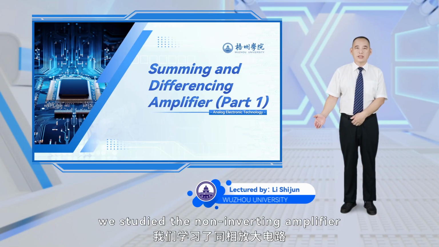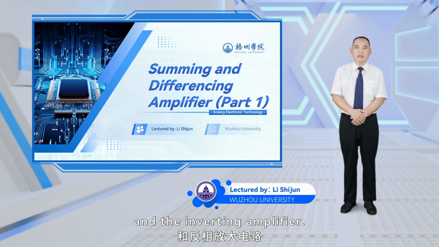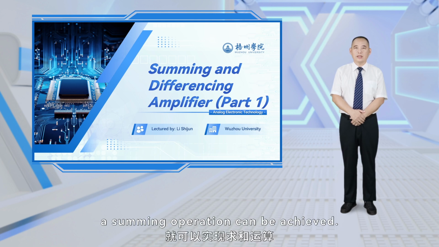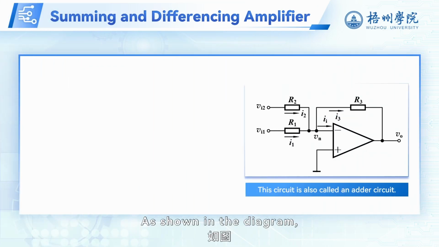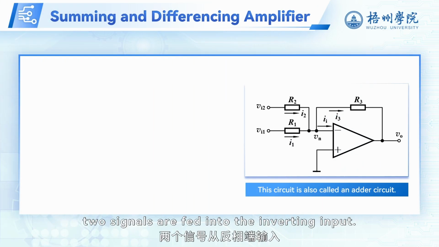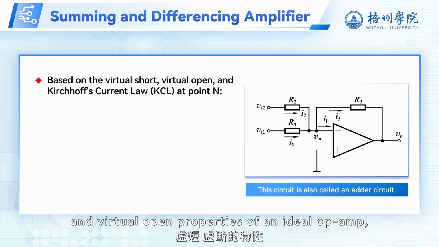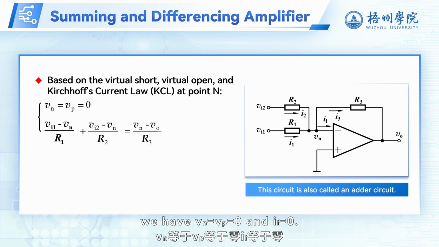Earlier, we studied the non-inverting amplifier and the inverting amplifier. If two voltages are both applied to the inverting input, a summing operation can be achieved. As shown in the diagram, two signals are fed into the inverting input. Using the virtual short and virtual open properties of an ideal op-amp, we have Vn equals Vp equals 0 and